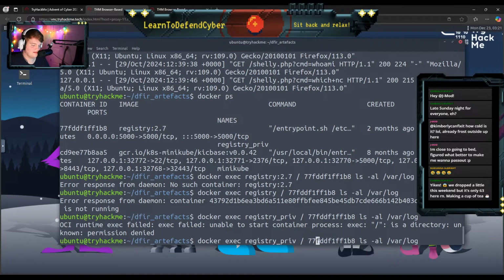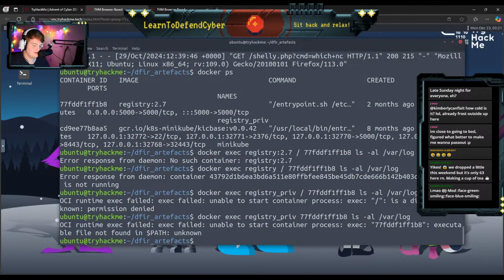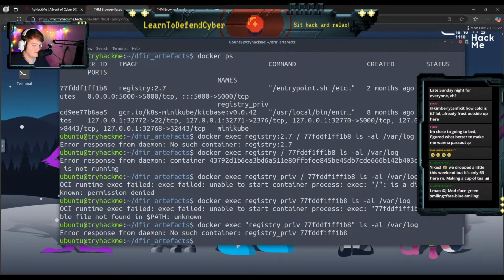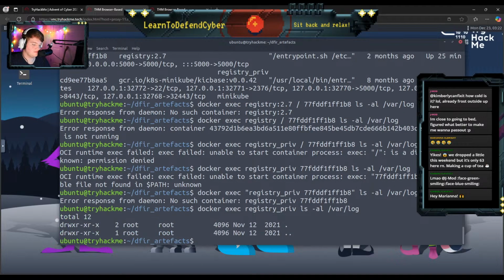Okay. Do I not need the slash? Do I have to put quotes around this because of the white space? Do I just use the name? Maybe it was saying I could use one or the other. It was saying I could just use one or the other. Alright, a little bit of troubleshooting there.